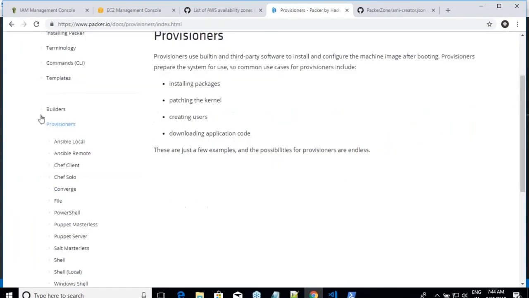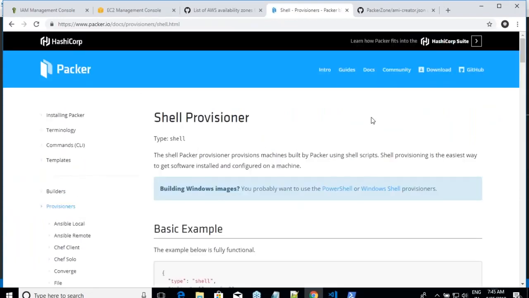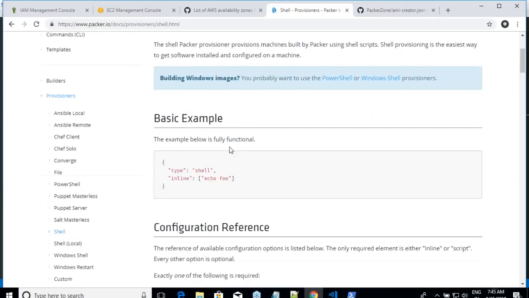If you are seeing over here, if you want to build Windows images, go with PowerShell and Windows provisioning. This is absolutely for Linux, right? Now it tells us that the type will be shell, and whatever you want to write, you write it inline. Shall I do this? I'll blindly copy this. Okay, I'll put it over here.